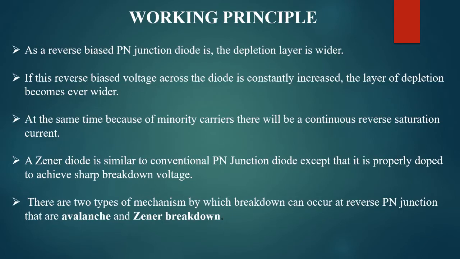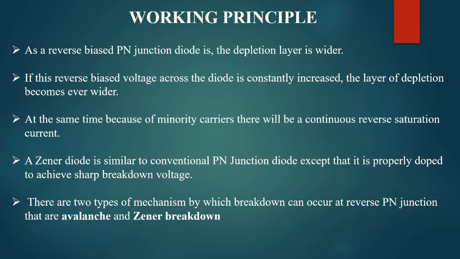Here is the working principle of Zener diode. In electronics, the Zener effect is a type of electrical breakdown. It occurs in a reverse biased PN diode. The Zener diode operates just like a normal diode in the forward biasing mode, and it has a turn-on voltage between 0.3 and 0.7 volt. But when connected in the reverse mode, a small leakage current may flow. As the reverse voltage increases to the predetermined breakdown voltage, a current starts flowing through the diode.